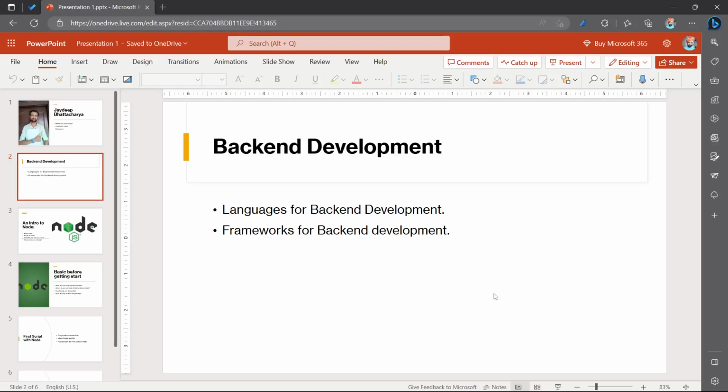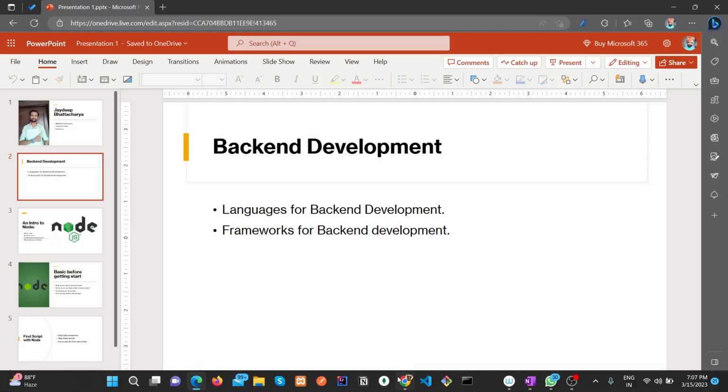For backend development frameworks like Express.js, nowadays Express.js is very popular. Maybe in the upcoming 2 or 3 years, some new frameworks will become popular in the market.